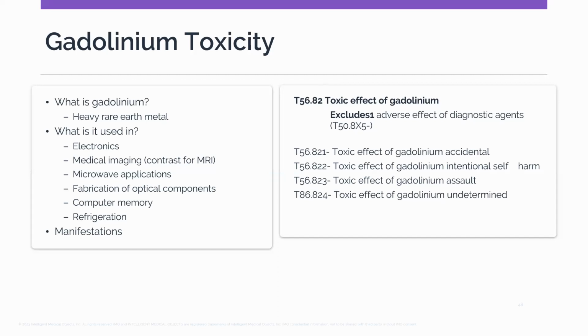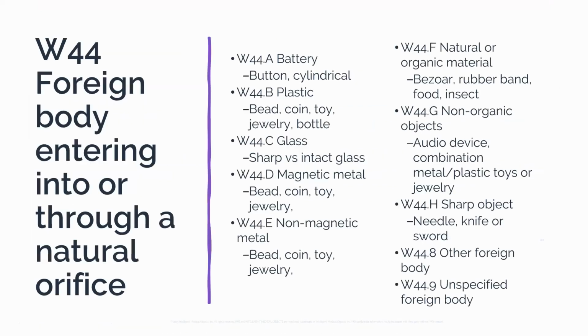A new code was created at T56.82 to capture gadolinium toxicity. Only 4 subcategory codes were created, and you will note that adverse effect of gadolinium is not included. There is an instructional excludes one that advises that the adverse effects of diagnostic agent is classified to T50.8X5. And so remember earlier in the presentation when I said we would look later at foreign body related external